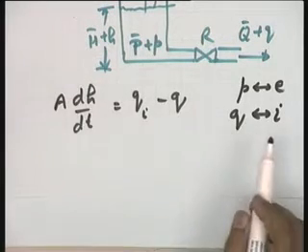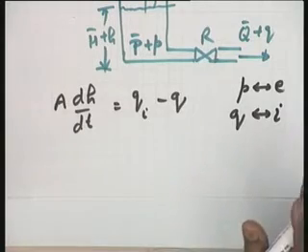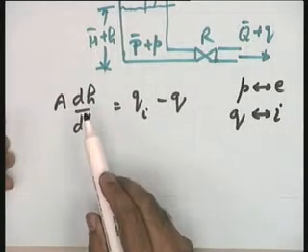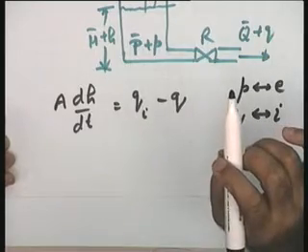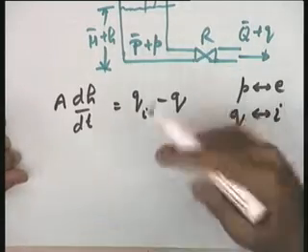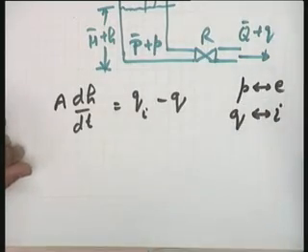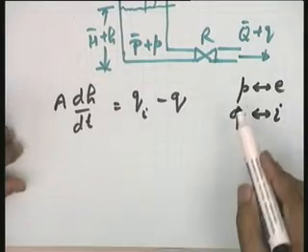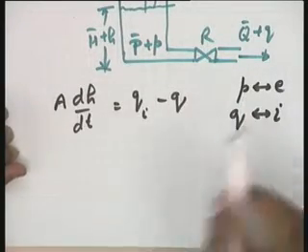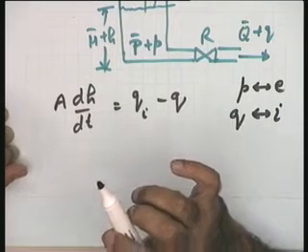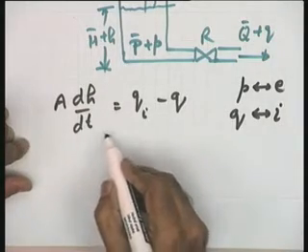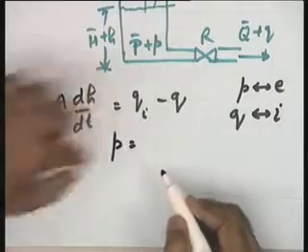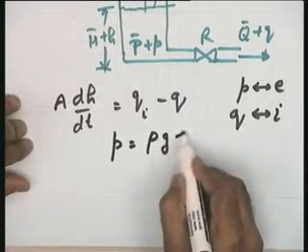Now, in this particular case, I find the equation is not in that form. That is, instead of pressure, I have the variable h here. Can I change this h variable into a pressure variable so that I have the equations in terms of these two variables p and q? Yes, that is fine. So, please see, I can write this equation. This particular pressure, as is obvious in this case, is rho g into h.